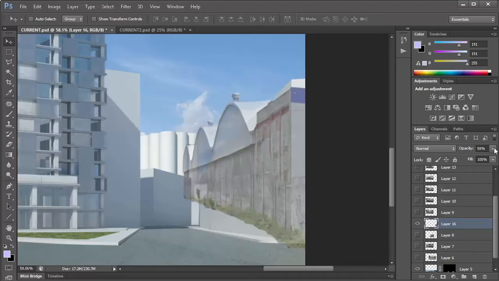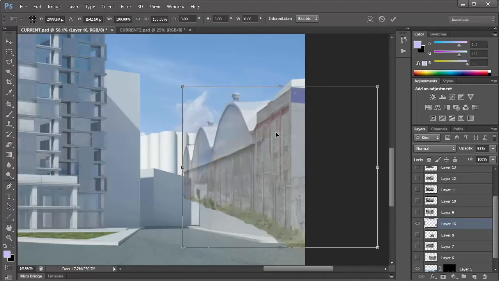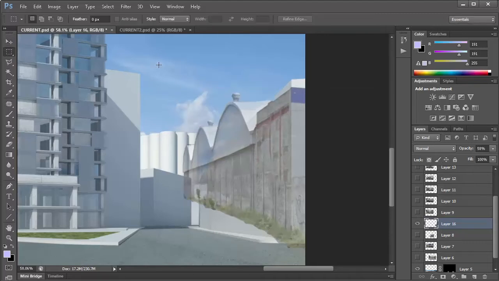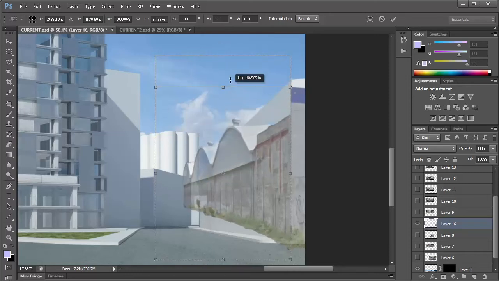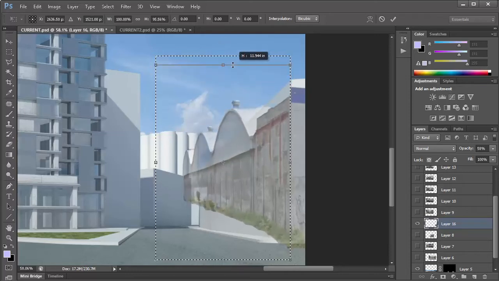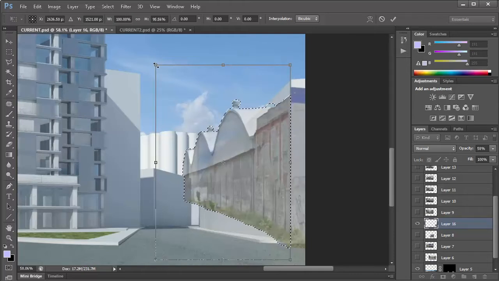And then Control T. Actually, no, you have to select one side of the image first, split right at this corner, and then Control T. Now, instead of just scaling up and down, when you put your cursor over here and then you press Control, you can see that the cursor changes to a white arrow.